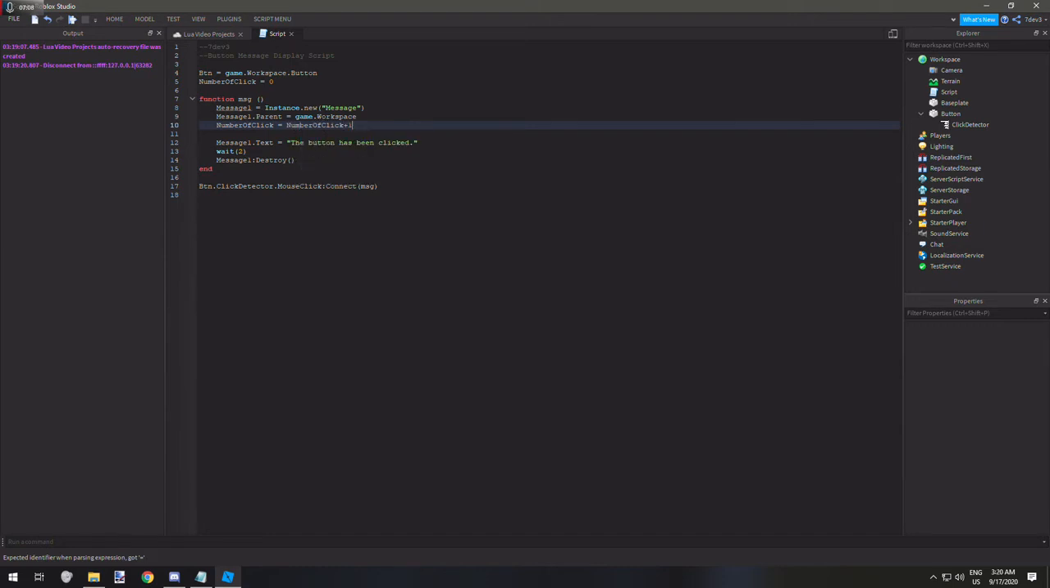What this does is it tells Roblox to check the number of clicks value, which right now is 0, and it's going to add 1. Okay, so now we can have the button message with an additional piece of information. So we can do message.text equals this, and then number of click. So we'll just quickly add in here, button has been clicked, blank space,